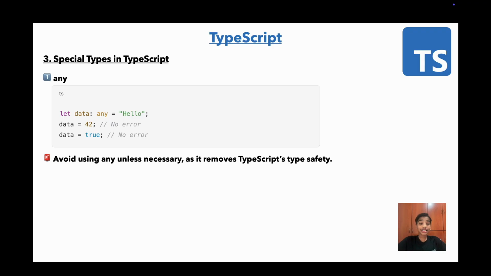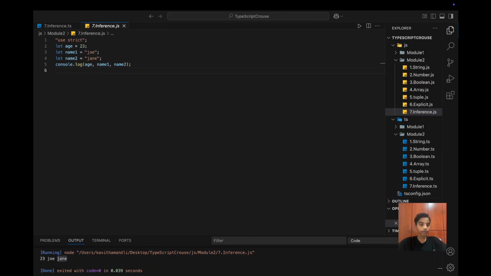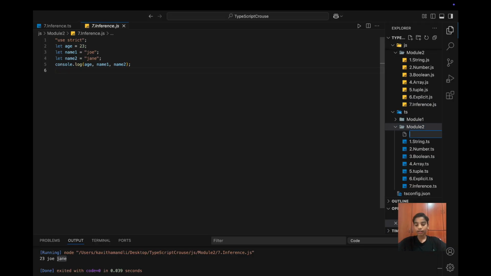So now let's learn about the special types in TypeScript. First we have the any type. So here we declare a variable called let data: any equals hello. Here what any does is you can assign any value to this, and it will change its value to that. Suppose we create a new file over here,